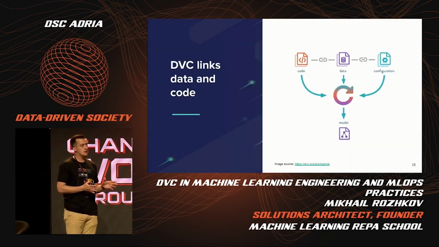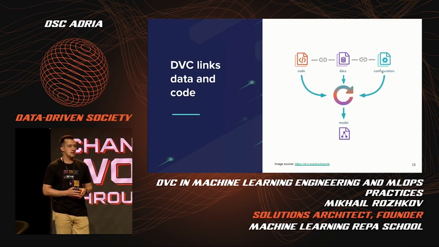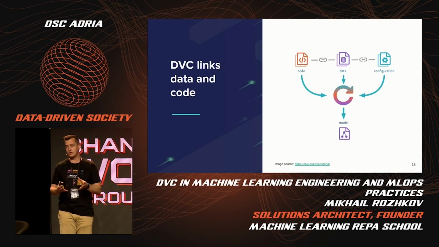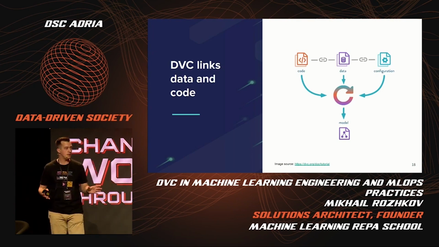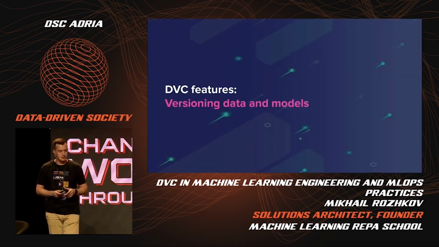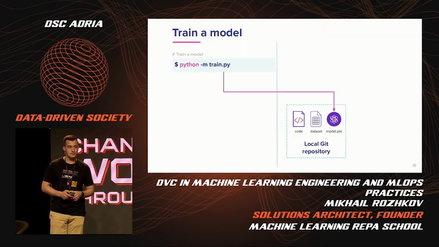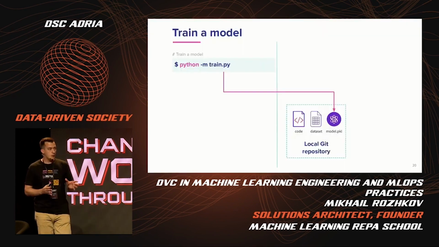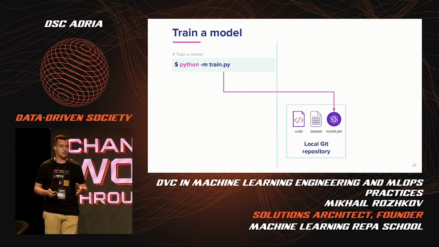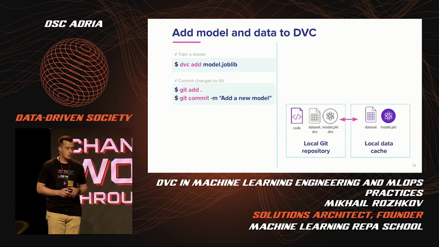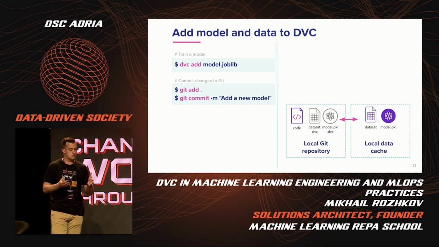So DVC is an open source library that brings functionality to version your data and models and automate machine learning pipelines. So let's start with versioning, and how it works. Let's imagine that we have a train script that generates our model, right? And if you want to start versioning that model and data, you can run the DVC add command that will actually